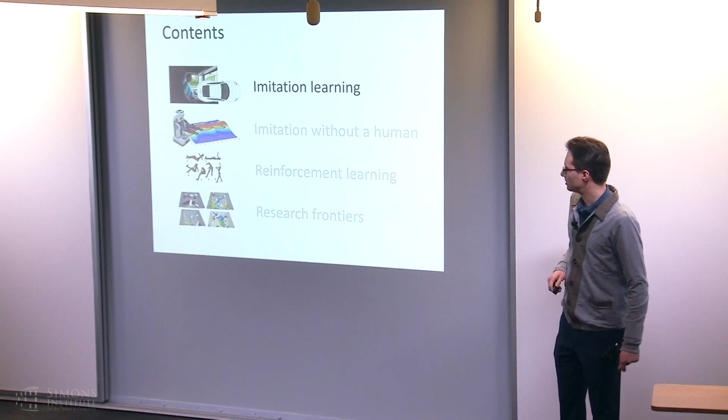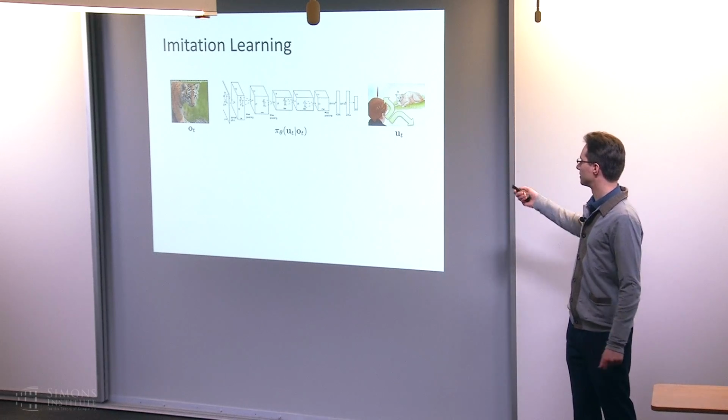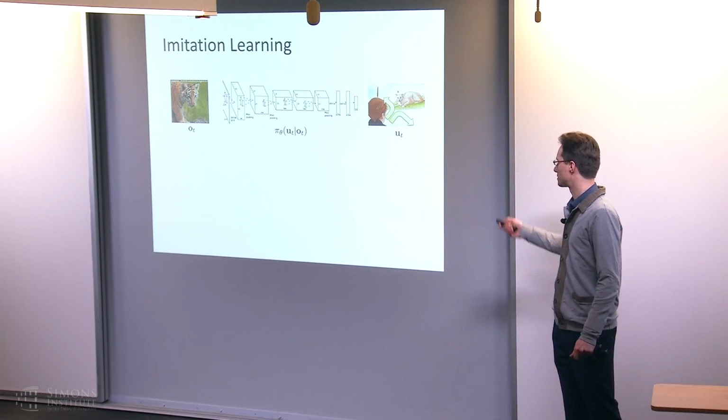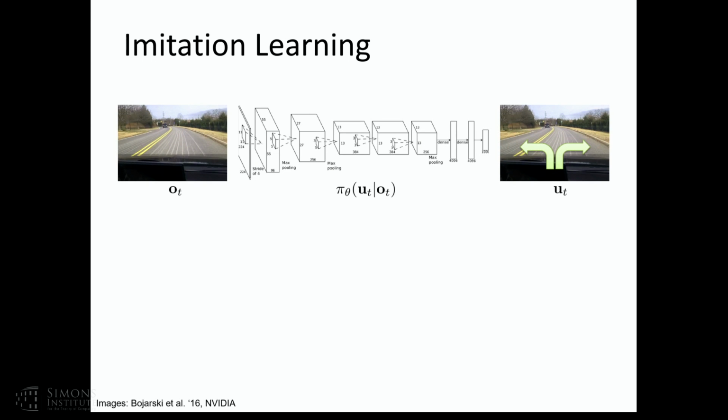So now let's talk about imitation learning. I originally drew this picture as starting with an image classifier, and then we just replace the output. Instead of being a semantic label, we'll call it an action. And we can actually do learning this way and learn how to control dynamical systems, and we can see what happens. So maybe instead of this example with the tiger, let's say that your observation is from a dashboard camera of a car, and your output now is going to be a steering command for the steering wheel. So U is going to be, let's say, a two-dimensional vector where the first number corresponds to how much you turn the wheel, and the second maybe corresponds to whether you push the gas or the brake and how much.